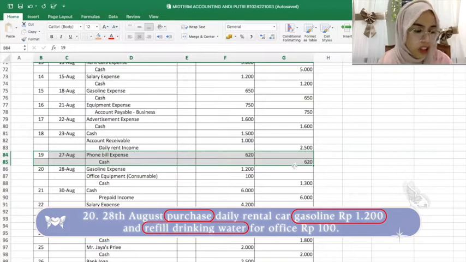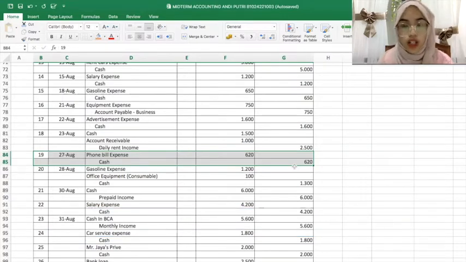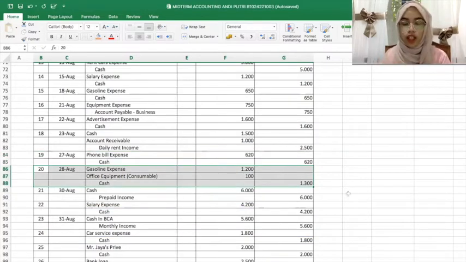For the 20th transaction at 28th August, purchased daily rental car gasoline for 1,200 rupiah and refill drinking water for office for 100 rupiah. There are three accounts to explain. The gasoline expense for 1,200 in debit, office equipment consumable also in debit for 100, and the cash is decreasing because we pay these expenses. We're using cash, so the cash is on the credit side for